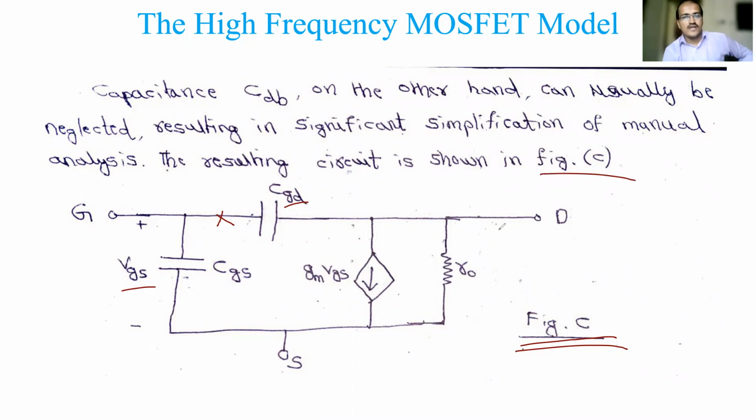So this is about the high frequency model. If I had straight away considered the high frequency model, you would not have understood what CGS and CGD are. That's why we first considered the internal capacitances and how we calculate them, and then we took the model aspect. So if we see the parameters, just to summarize, this is the model. What are the model parameters? Whatever we have here, how do we calculate that? We have done it from small signal operation until here, so I will just list it out.